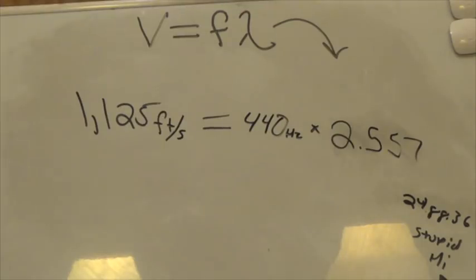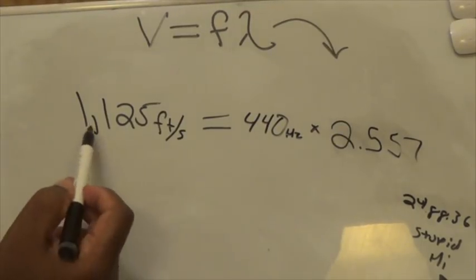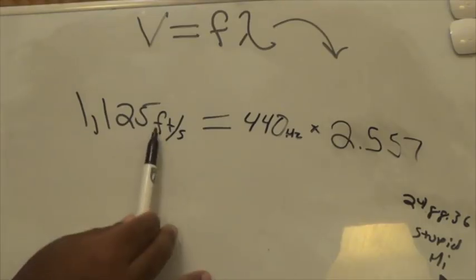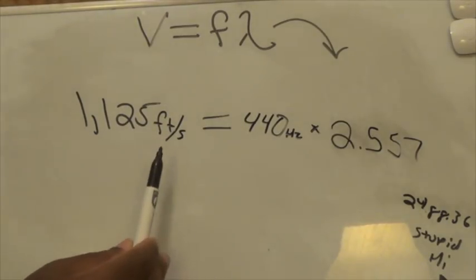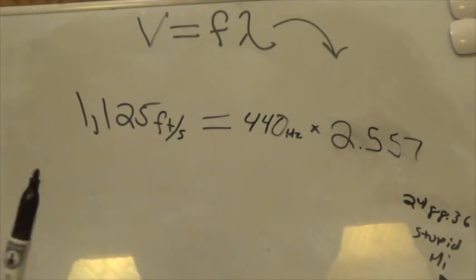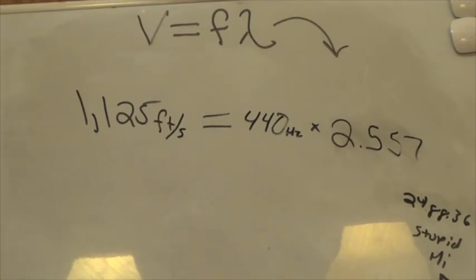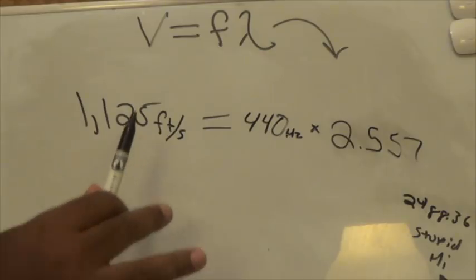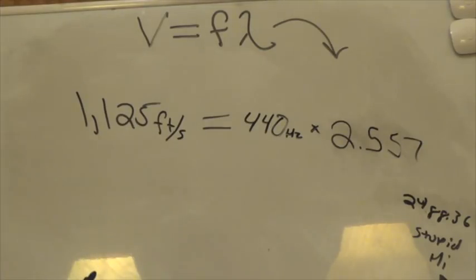So if we have 1,125 feet per second, in 1 second, that's a lot of feet. That's a big distance. So in 1/10 of a second, we wind up with 112.5 feet. So just in 1/10 of a second, something has moved 112 feet away from us. So 100th of a second, it's 11 feet. Still not even the length of a saxophone, the tenor sax. So 1.1 foot, that's a big chunk of a percentage